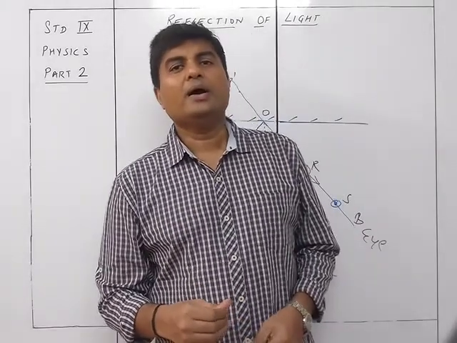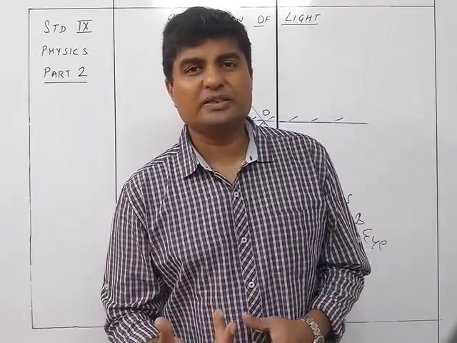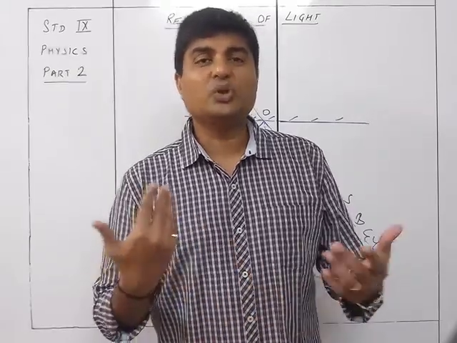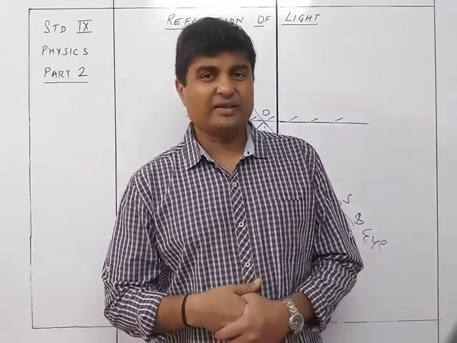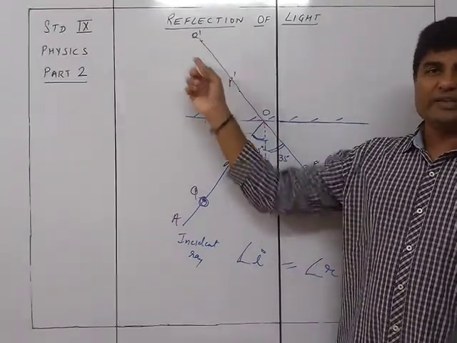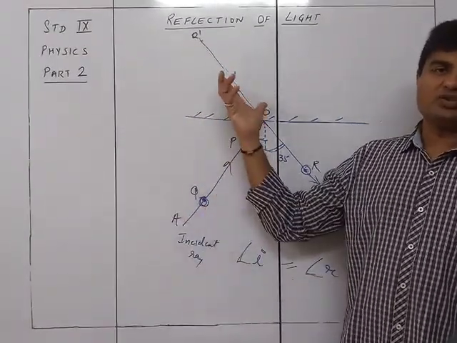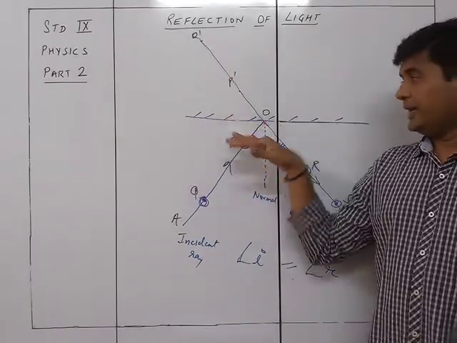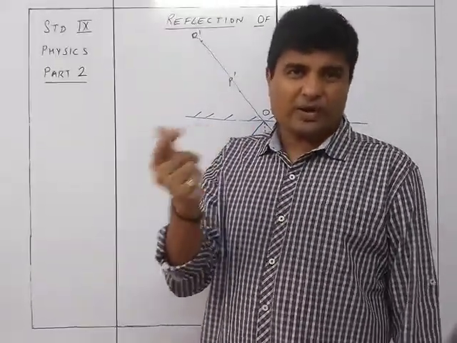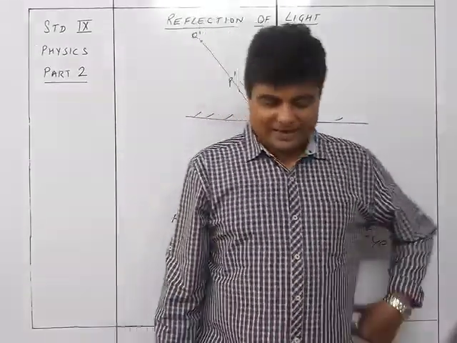So that's why you see virtual images are those images where no actual intersection is taking place. So this one is a virtual image. These points P, Q, P dash, Q dash are virtual images because you cannot actually touch them. They are behind the mirror, inside the mirror. You cannot go inside the mirror, so you cannot touch the images which are inside the mirror.